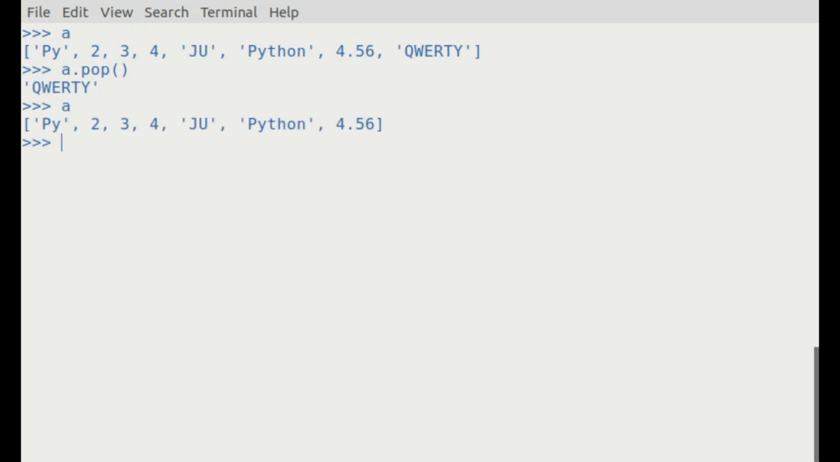Okay, let's now take a look at the pop function. What the pop function does is it removes the item at the given position in the list and returns it. And if no index is specified, then the pop function removes and returns the last item in the list. So let's take an example. Here you have A, and let's say I want to call pop without any arguments. So A dot pop without any arguments. As I said, it should remove the last element from the list and return it. There you go, it returns the last element, and if you now see the list,